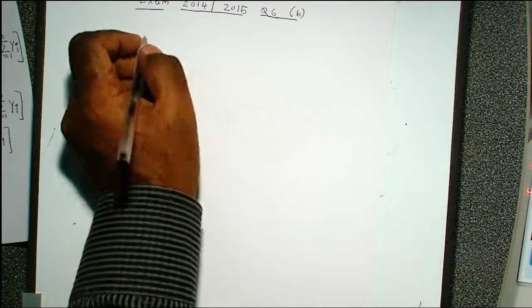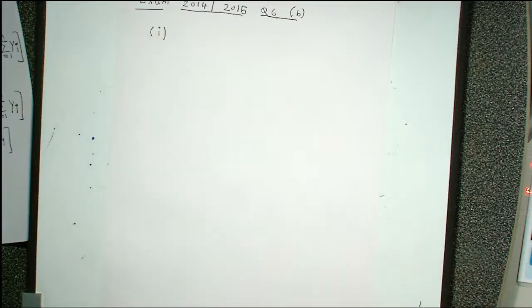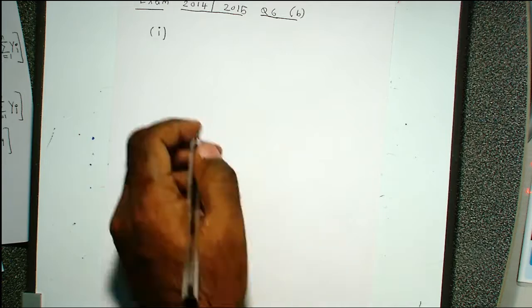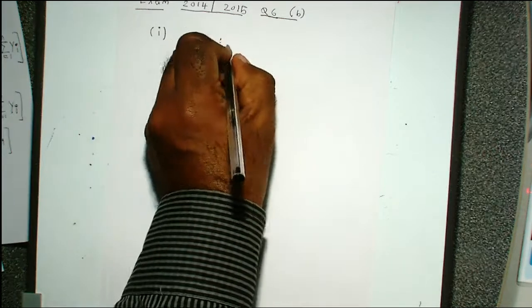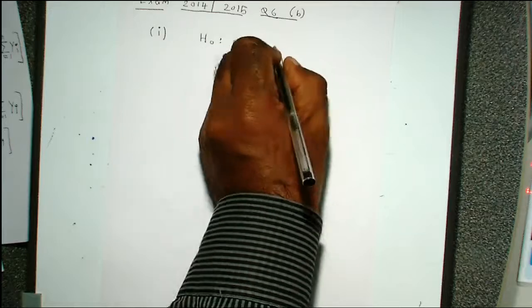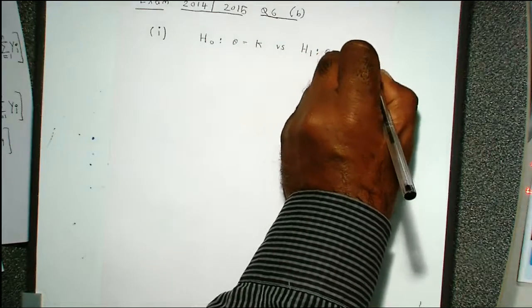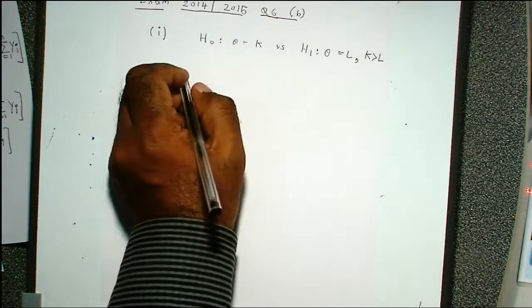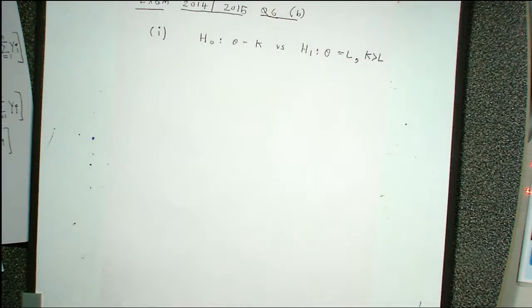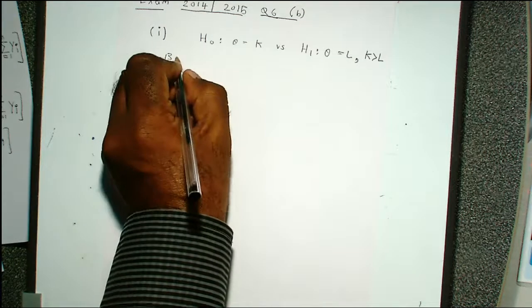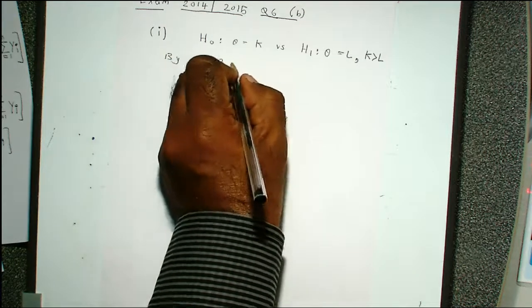So let's look at part 1. Part 1 is, you have the hypothesis that theta equal to k versus theta equal to L, where k is greater than L, right? And you're asked to find the most powerful test, which automatically means that you need to use the NP lemma, right? So the first thing you must say is the following, that by NP lemma,